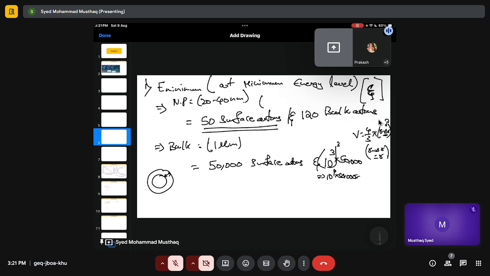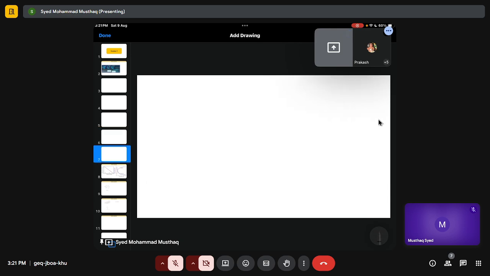So for the nanoparticle, the total energy of the nanoparticle will be equal to 50 times epsilon. So yeah, this is the excess energy that you need to provide for that to happen, and plus